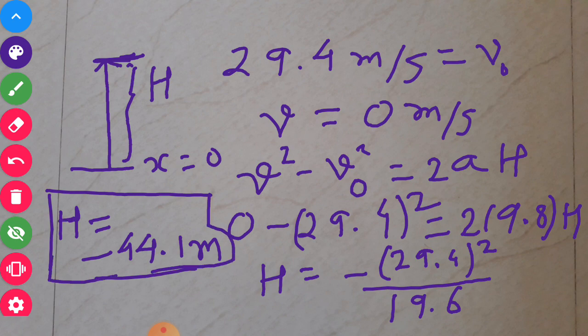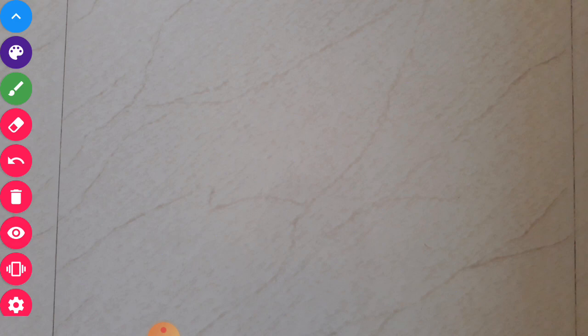That you must understand. Because this is x is equal to 0, upper values are taken to be negative. Here it is given like this. Okay. And the lower values are taken to be positive, and that is why here in upper direction when it moves, then it attains certain height, then this height is minus, because upper values are negative, minus 44.1. Okay, now we want to find the time to achieve this maximum height.